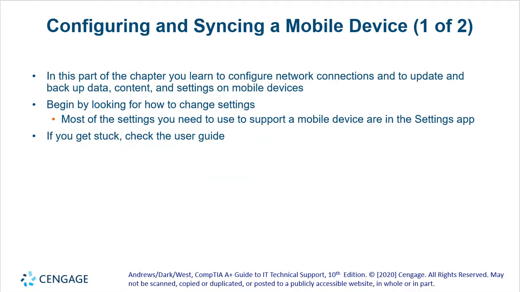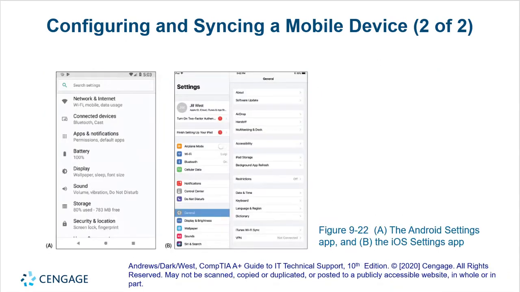And in configuring and syncing a mobile device, we're just going to jump right into it. You just want to make sure that you have everything set up in your initial settings. So you go into your device, depending on what it is, and you make sure that you have a linked account if you want to sync or configure your mobile device. If it's an Android device, you probably want to use your Google or Yahoo email. I don't know if anybody uses Yahoo email anymore, but your Gmail account will be the one that you want to use. And most likely, I think everybody has a Gmail account anymore. You might even use that on your iOS